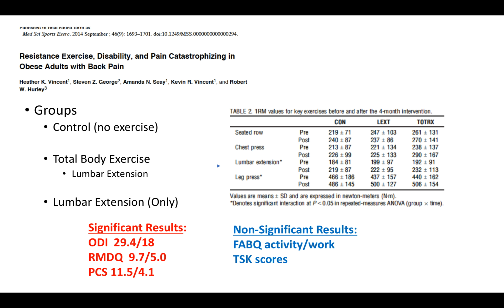Essentially, the results were significantly better for the total body exercise approach: the Oswestry Disability Questionnaire went from 29.4 to 18, Roland Morris 9.7 to 5, and pain catastrophizing lowered from 11.5 to 4.1, whereas the patients who only did the lumbar extension had non-significant results related to fear and the Tampa